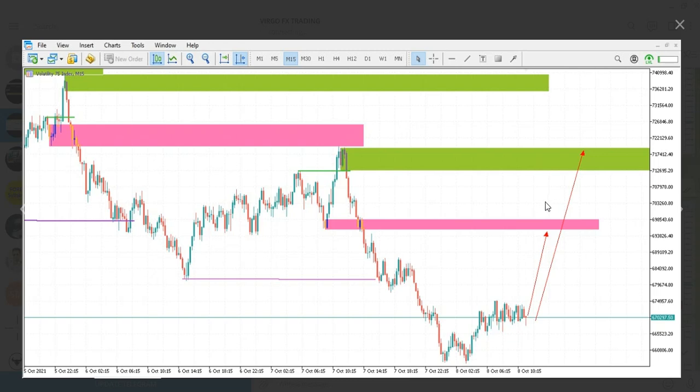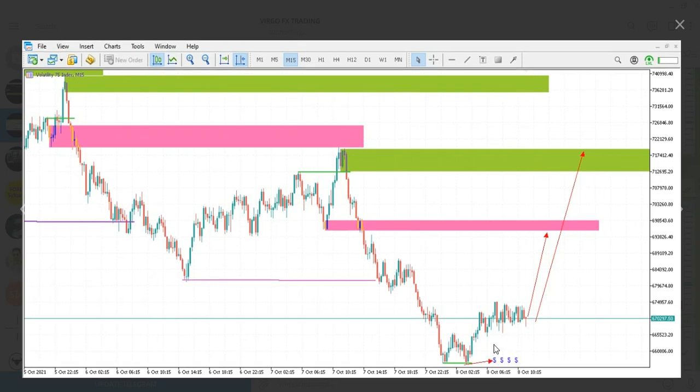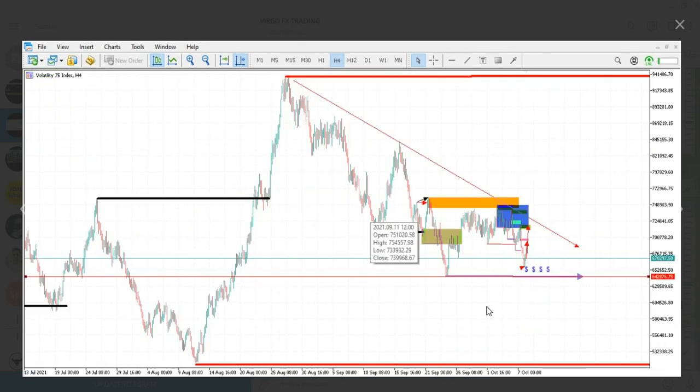So in this instance, we anticipated price to respect this order block here, and then the equal low, also the other thing I was talking about, as you can see, the dollars here. So there's too much money below this move,